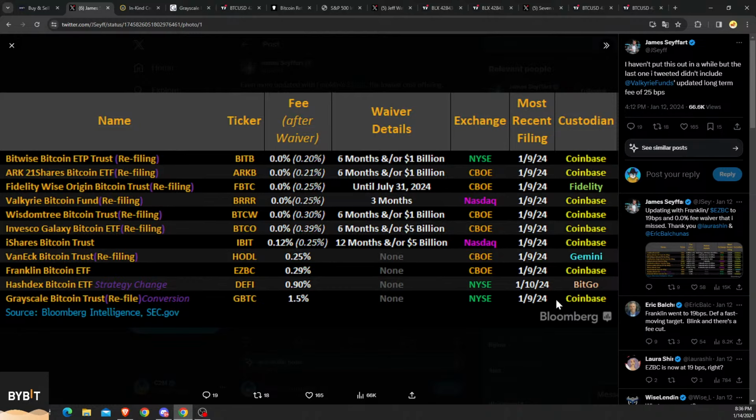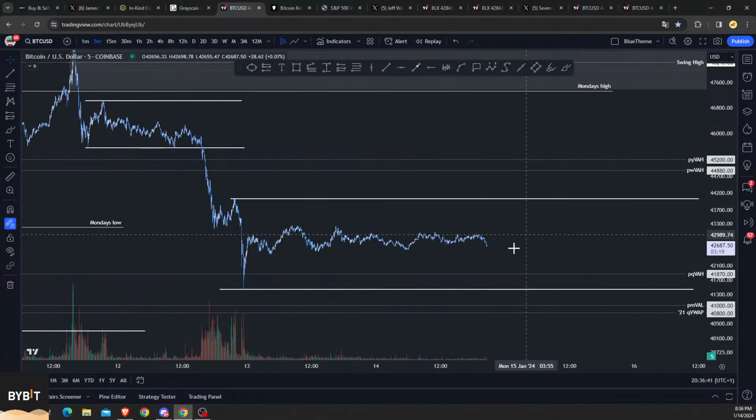Almost for everything, it is going to be Coinbase. So from this point on, I believe Binance data isn't necessarily really important anymore, because most of this flow is going through Coinbase. So you want to be watching Coinbase. Now, if I were to show you why it is so important, if we take a look at this chart,